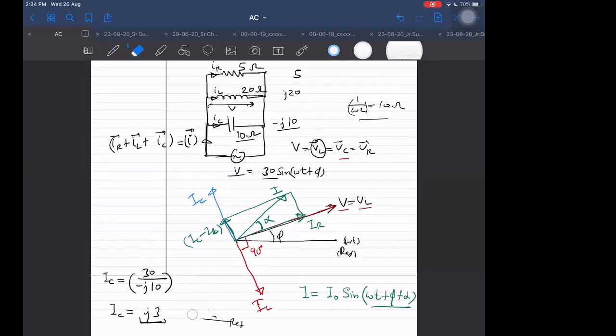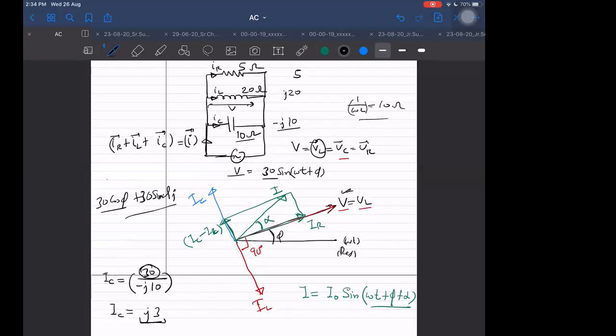That is only when we are taking V as 30 units. Although, is V 30 actually? V is not 30. What is V here? V is also 30 cos phi along the real, plus 30 sin phi along J cap. That is V actually. But if I write it this way, it will become more complicated to write. Therefore, for the time being, I'm assuming V to be at reference.